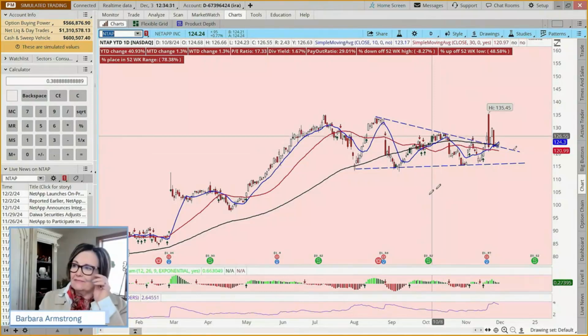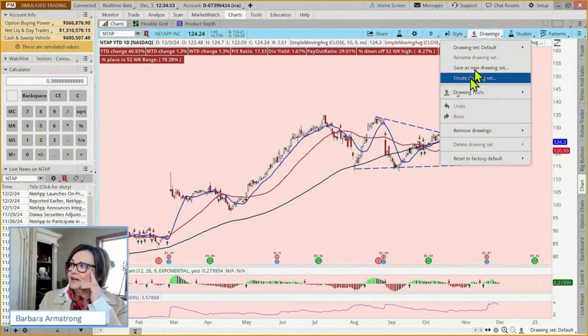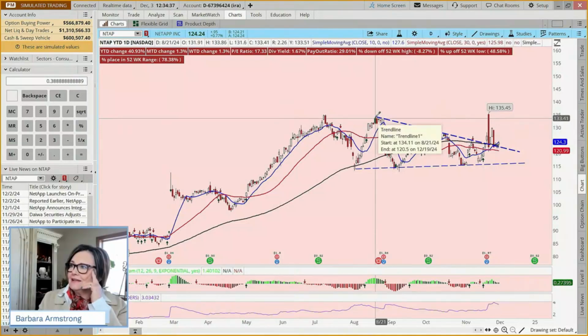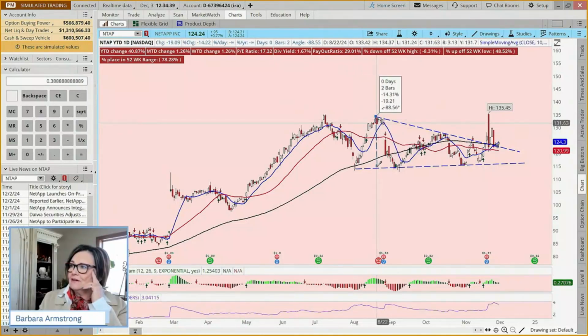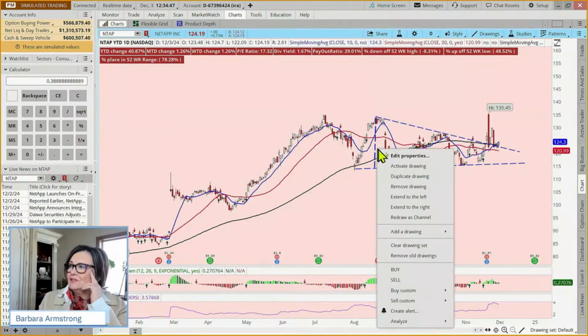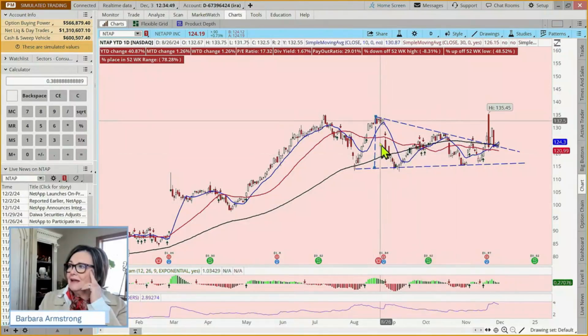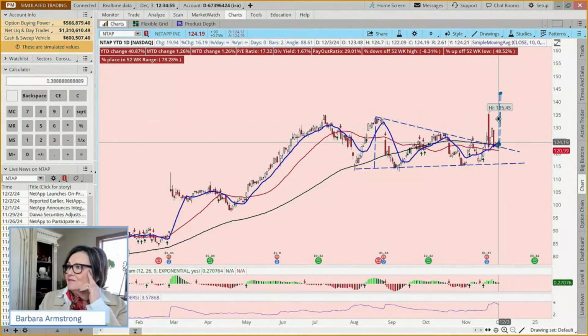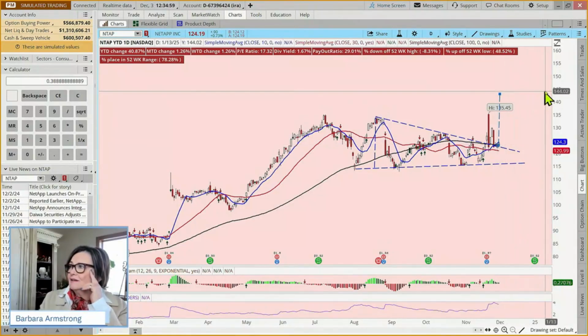Well, one of the things I can do is say, here's the top of the pattern to the bottom of the pattern is about this much. And then I'm going to right click and copy it. And then I'm going to move it over here to where it's breaking out from. And there might be a potential target around this